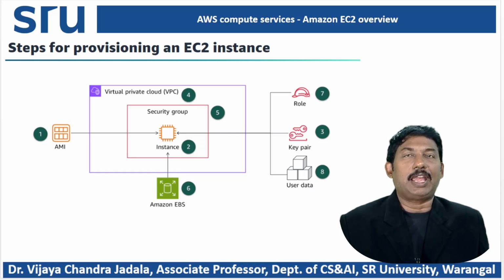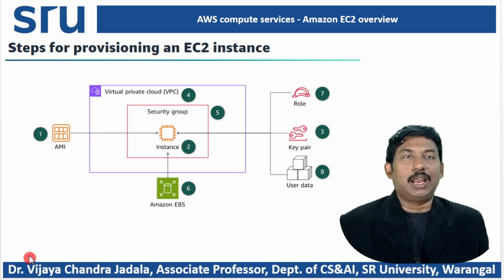Step 1 is the AMI, Amazon Machine Image. Then it comes to the virtual private cloud, then the security group, then the EC2 instance. So the Amazon Machine Image will be connected to the EC2 instance,